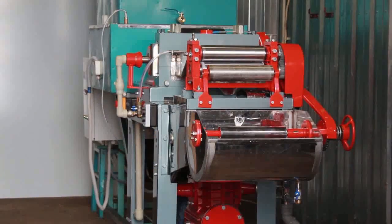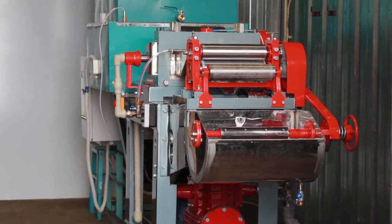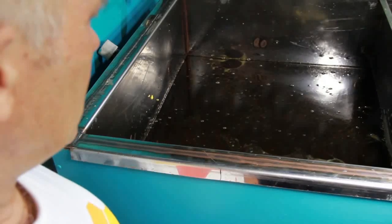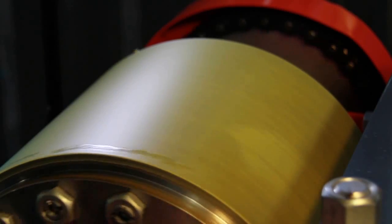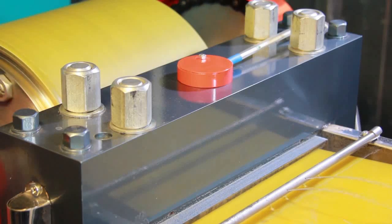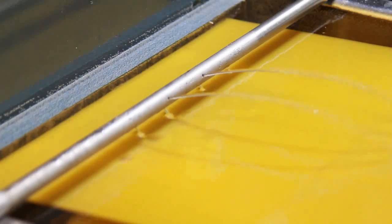Let's consider the process of making honeycombs on the aggregate AIV-50 in detail. First, wax is refined from alien impurities and water. Then it goes into the ribbon-forming machine. Here the wax is gripped by a nutrient drum and cooled on it. The formed sheet is cut by the revolving drum, and running through the press chamber it results in a ribbon